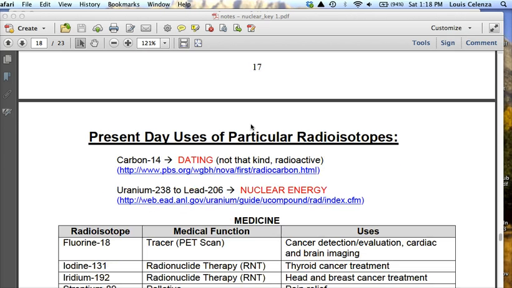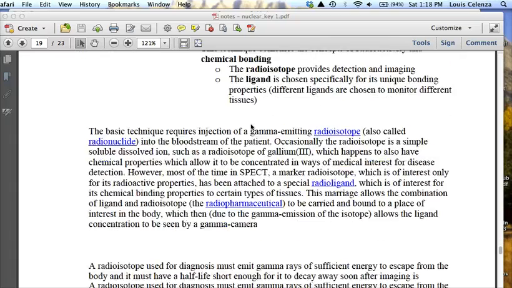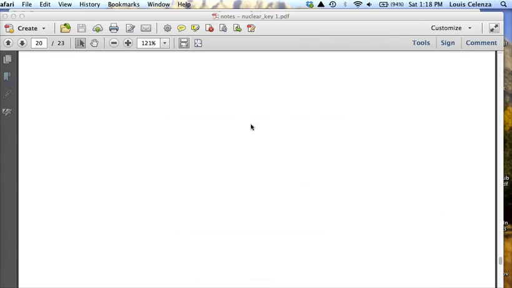He does kind of go into way too much detail about the current uses of radioactive isotopes. Radioactive isotopes are used a lot nowadays in the scientific field, in the medical field, in manufacturing. So I'm just going to quickly run through and give you a listing of the ones that you need to know. Hopefully I'll find an empty spot here, right here. So I'm just simply going to write them down, and you just should write these down and don't worry about the other stuff. The most common one they ask about is